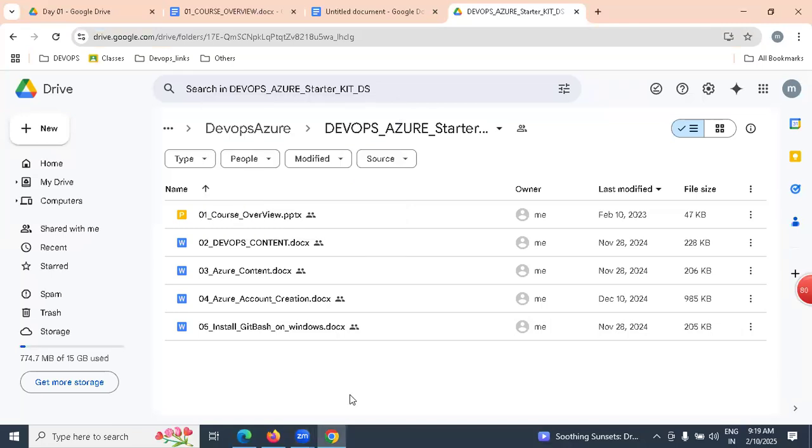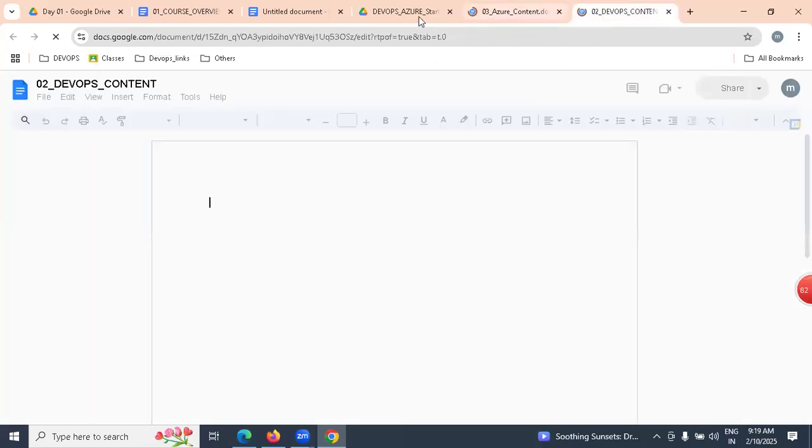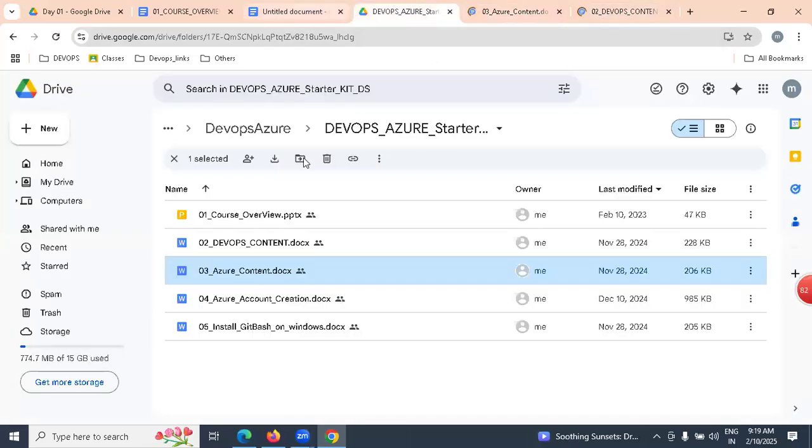You can open the course content to see what exactly I'm covering in DevOps and what I'm going to be covering in Azure. Just double click; don't try to copy paste. It won't work. Just double click and it can open.